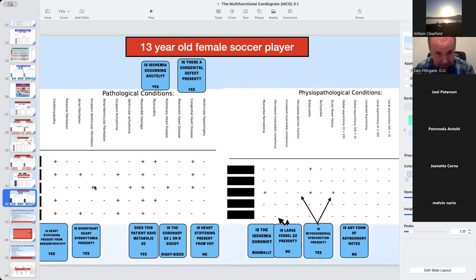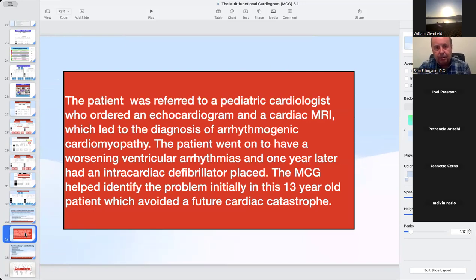ended the discussion. I had the parents take her to a pediatric cardiologist who specialized in congenital heart defects. And lo and behold, some things were seen. This patient went to the pediatric cardiologist. He did an echocardiogram, an EKG, and an MRI. And the long story short, she was diagnosed with an